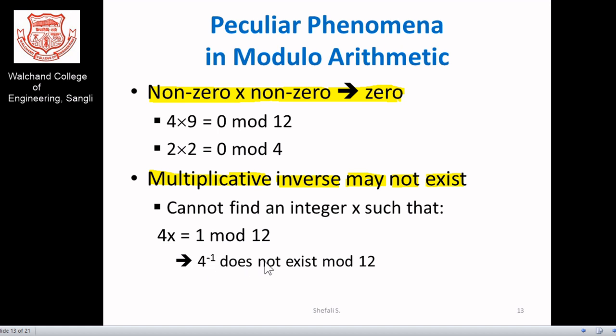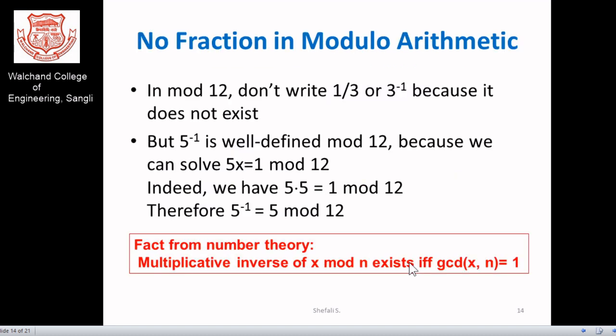4 inverse does not exist mod 12, because we need a certain necessary condition: the GCD of both elements must be equal to 1, that is, they must be relatively prime numbers. Then definitely we are able to find the multiplicative inverse. Otherwise we are not able to.